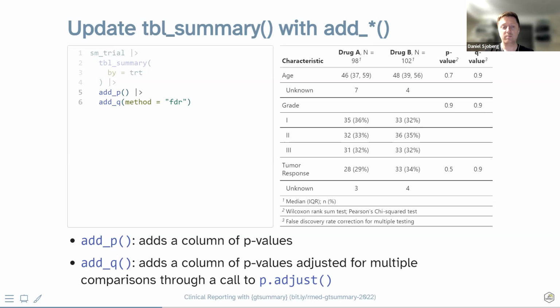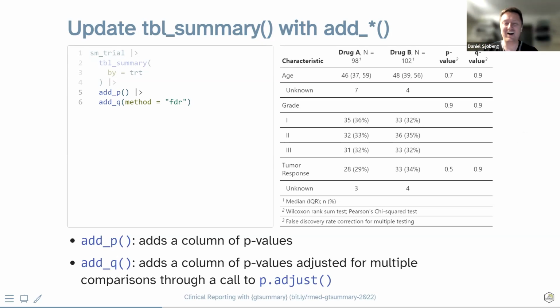Add_q, when you run add_q, I like one thing that it does: whenever you use someone else's package, do you get nervous that when they say they're doing something, that means the exact same thing that you think it means? Because every field is a little bit different. One example that always catches me is, when you say marginal effect, do you mean conditional effect? And what do you think conditional effect means versus marginal effect? Because I feel like these words are just thrown around, and some people are very precise. Some people are just like, whatever, I'll just tell you what I mean. And I'm more the second type.